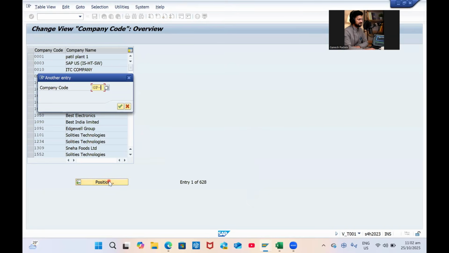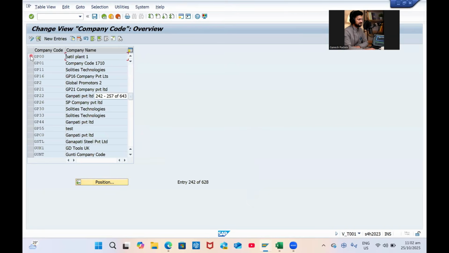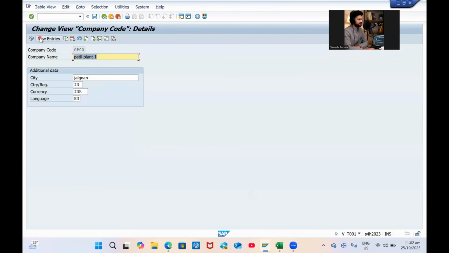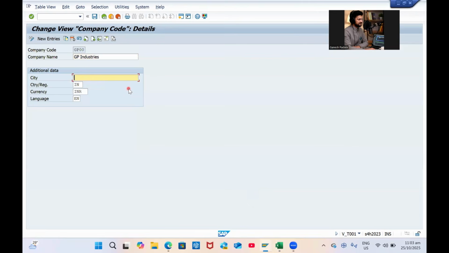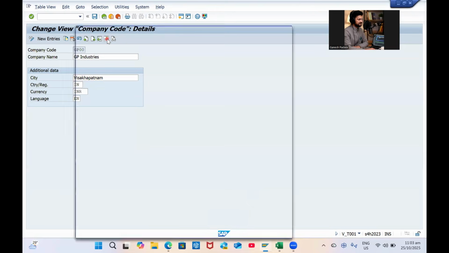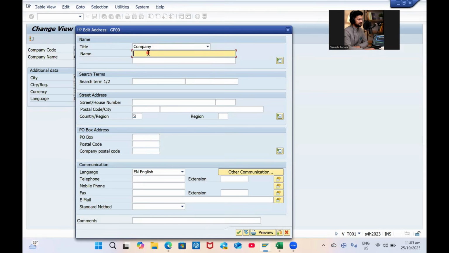Where is our company code? GP00. We already have the descriptions ready. Visakhapatnam, India, INR. Go to address, company, GP Industries, Ganesh SAP SCM is a searching,